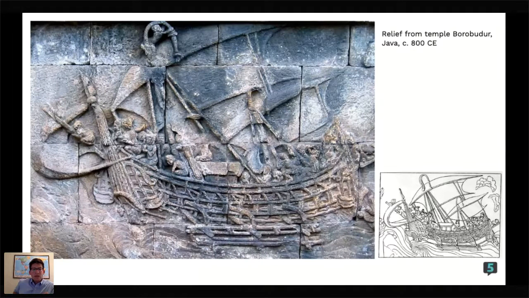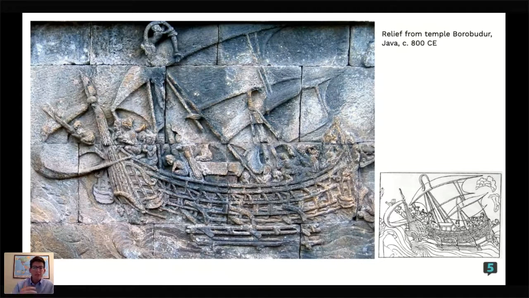And this is actually a relief of a trading ship from a very important temple on the island of Java in Indonesia. We're actually going to look at it a little bit later. We're going to talk about Srivijaya later on in this presentation briefly. But this was included in this temple at Borobudur in around the year 800. And there's just this massive temple complex that includes lots of different carvings of things that were important to the people at the time. And this was a Buddhist temple.